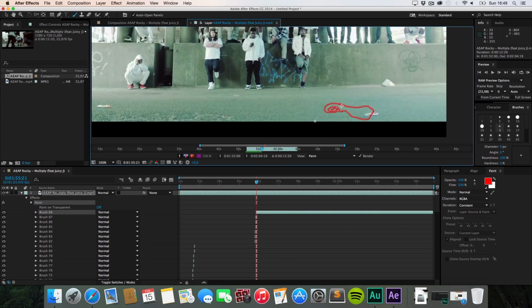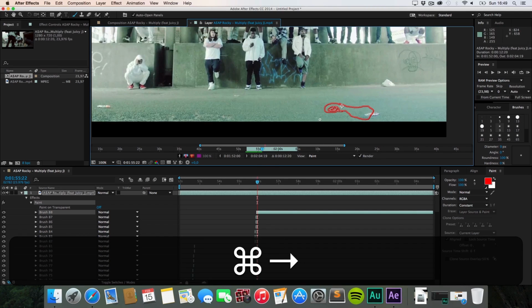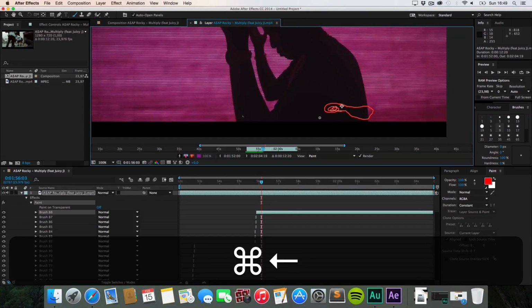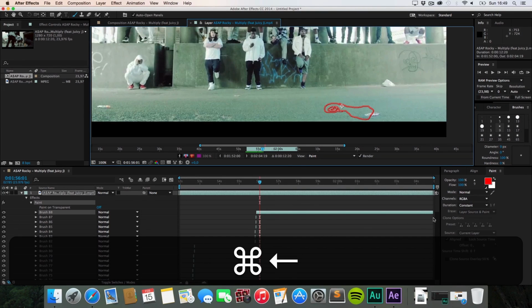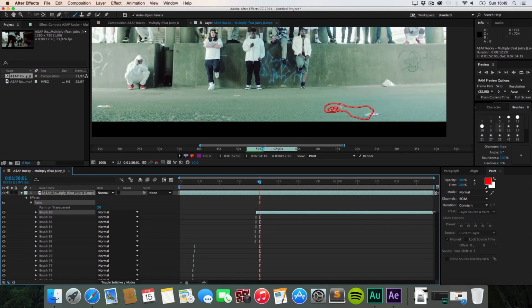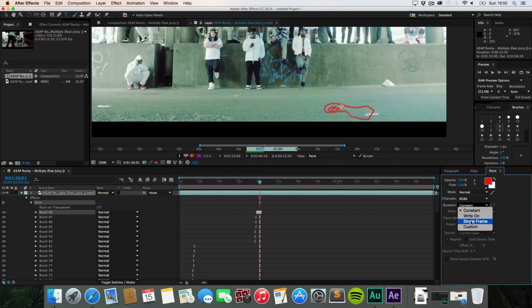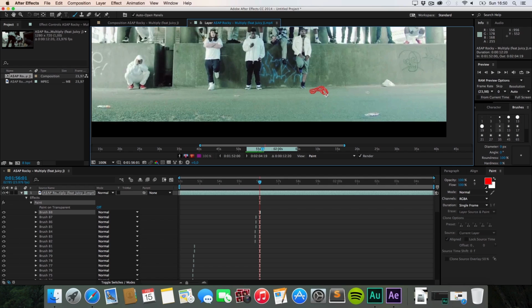And now you can see down there, there's this little brush with its timeline, and we don't want it to be in the next frame, so we're just going to grab the end of it, bring it right at the beginning so it stays for like 5 or 6 frames, and then change it back to single frame and draw some kind of blood splatters around it.